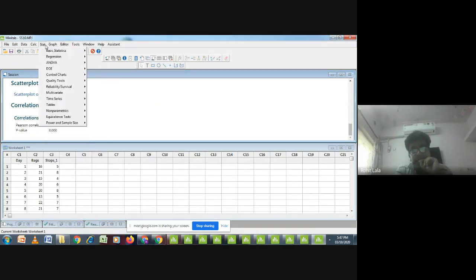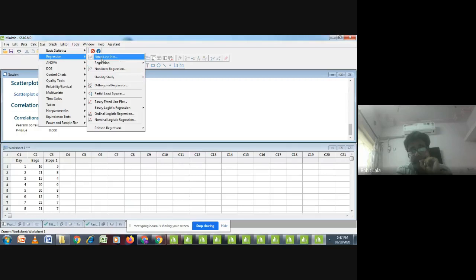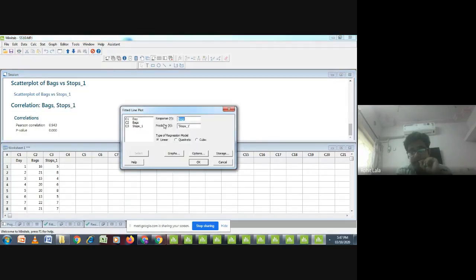So I can find out a regression by just clicking a fitted line plot. As I had worked on it, obviously it is a linear regression. We can also use quadratic or cubic regression, but that is not required now. Basically, in our Six Sigma, most data would show a linear relationship. If data doesn't show a linear relationship, then you can apply both of these. But in most cases in our production, there would be a linear relationship between two variables.